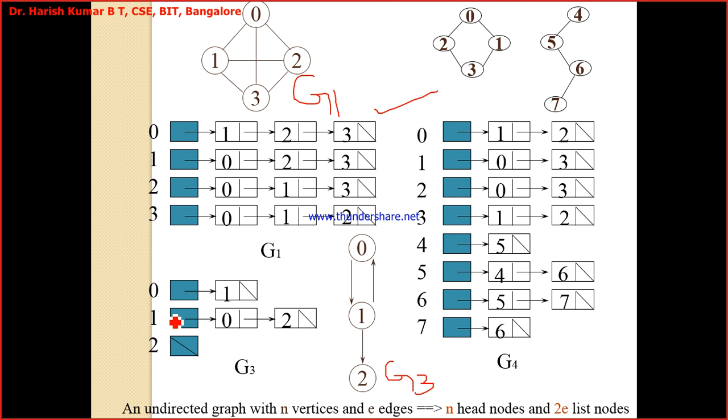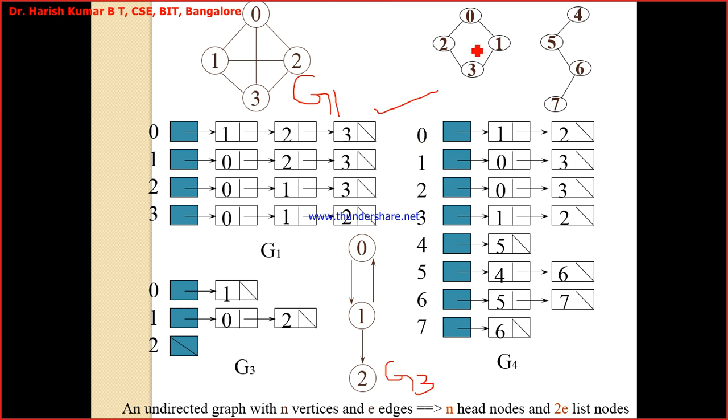What we have here is 0; from 0 you can go to 1, and that is the list. From 1 you can go to 0 and you can also reach 2, that is another node. Okay, and from 2 you cannot reach anything, so it is just a list with only the header, which is holding the null. And similarly the adjacency list is also written for a disconnected graph.